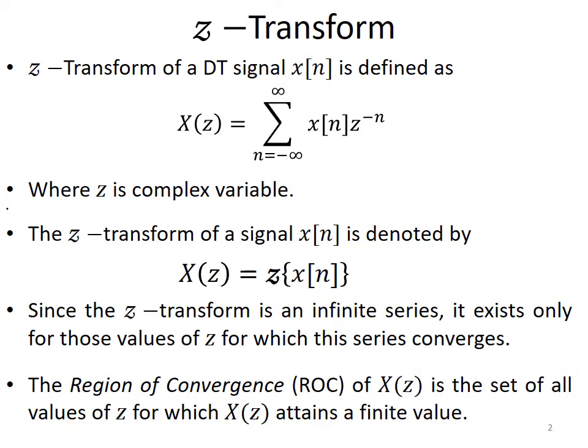And from now on, whenever we talk about the Z transform of a signal, we will also talk about the region of convergence of that signal, because the region of convergence actually helps us to determine the inverse Z transform. Later we are going to discuss this in lectures. When we take the inverse Z transform of a signal, we need to know the region of convergence in order to get the accurate result.